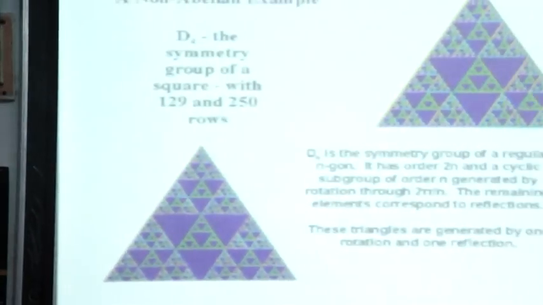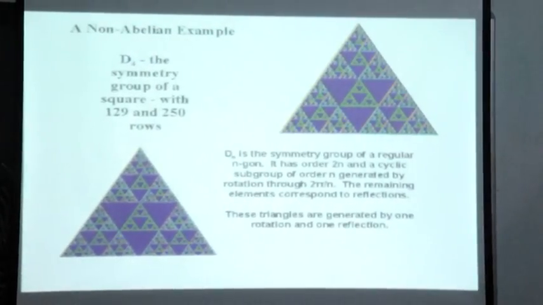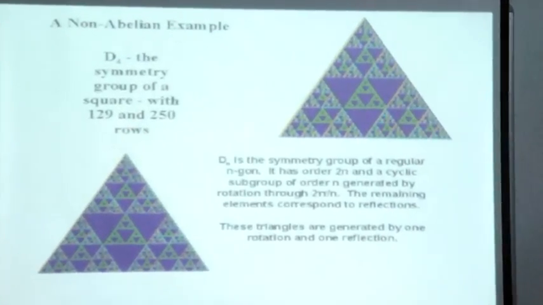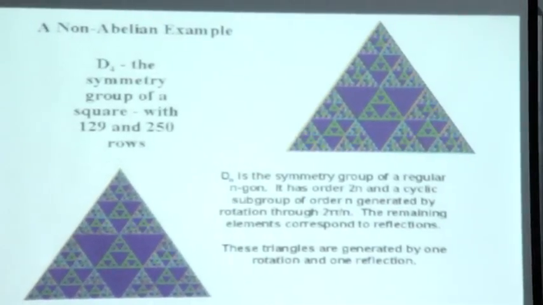An example of those would be D4, the symmetry group of a square. If you look at all the possible ways you can move a square so that it looks the same, you can rotate it by 90, 180, 270, and then 360, or you can reflect it, you can flip it on the, so